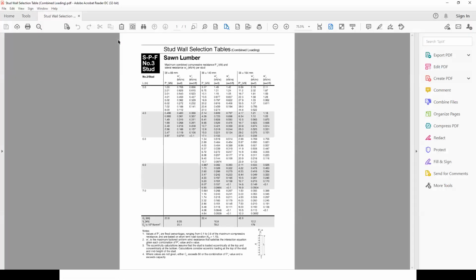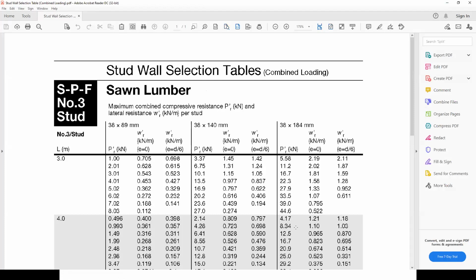Now, if you guys are interested, we can do one, but now, here's the wall selection table, okay? I think I only gave you one. Okay, so I'm going to expand it so you guys can see it a little bit better. Okay, now is it clear to everybody what we're looking at? Okay, now the only thing I don't like about this table, quite frankly, I'll tell you right now, okay,